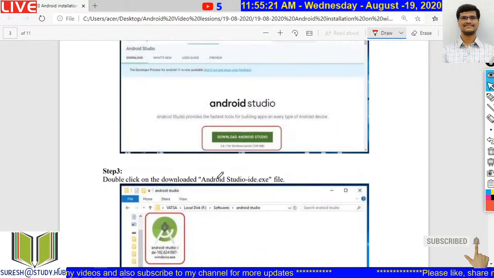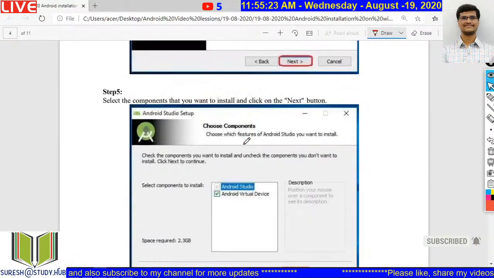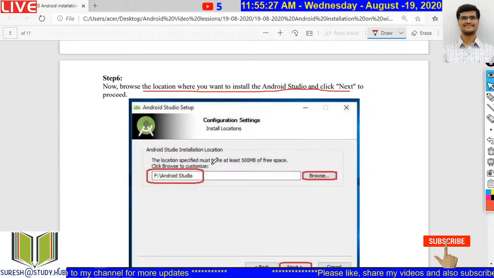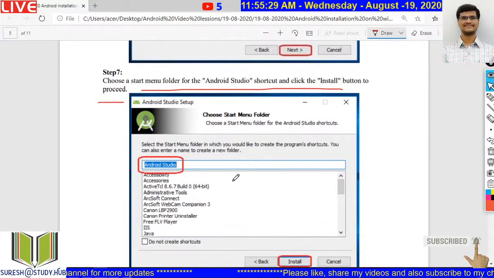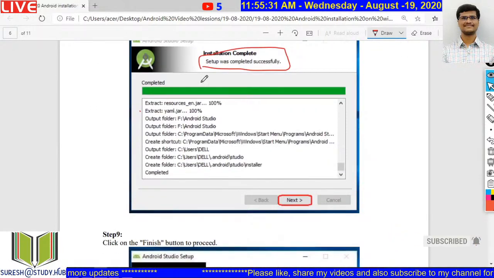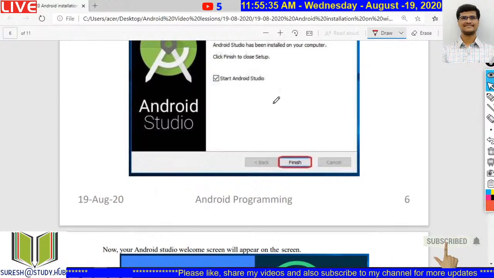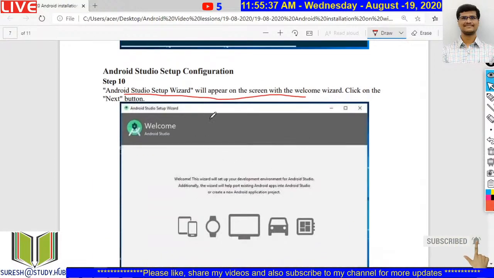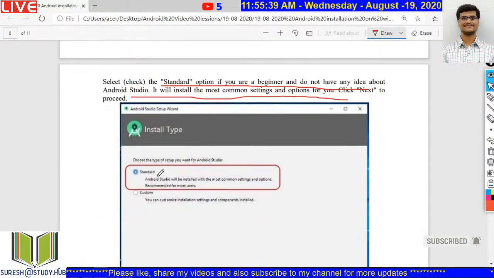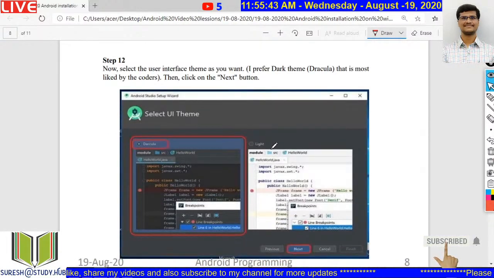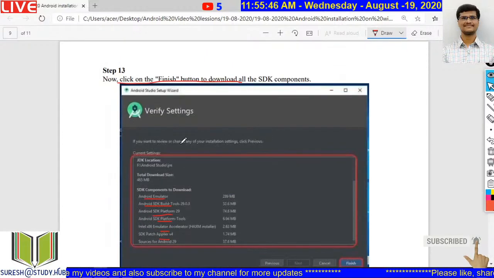We will click on the Android Studio installer, then click on next, select the default components, and select the path where you want to install. Once this entire thing is installed, then you will start Android Studio. Once Android Studio is started, in the setup wizard you will select the standard installation type and select the theme. I selected the light theme, and after that